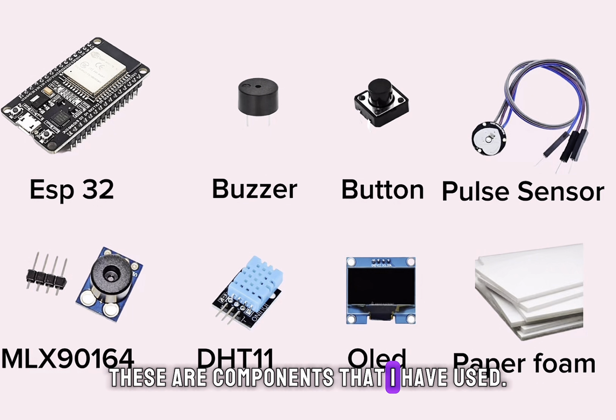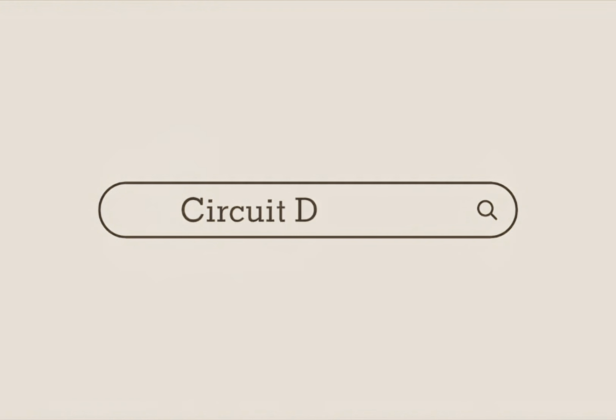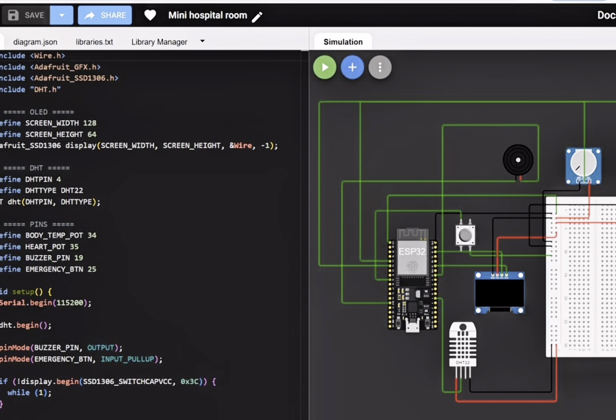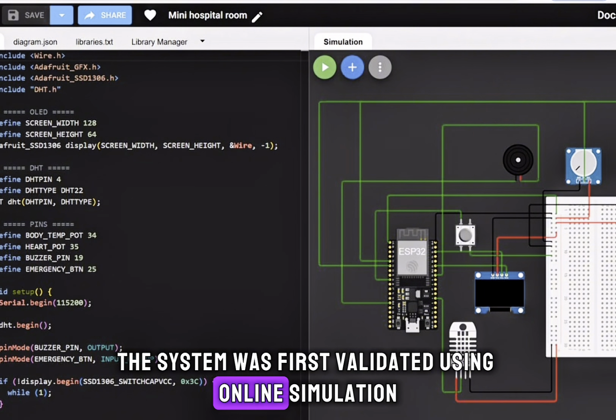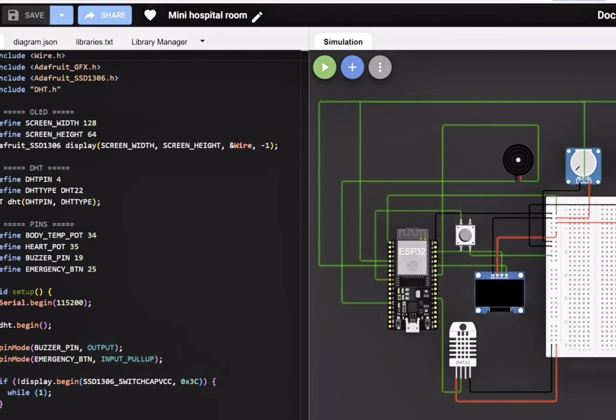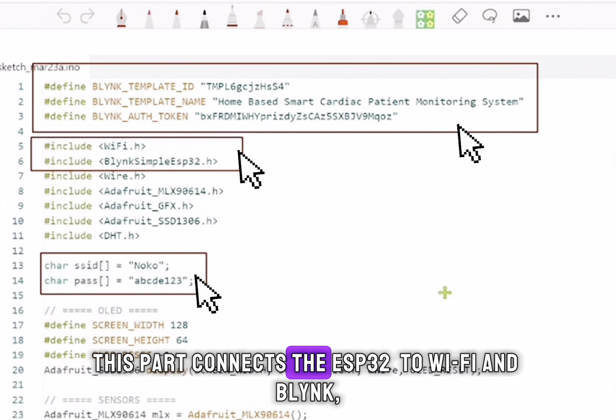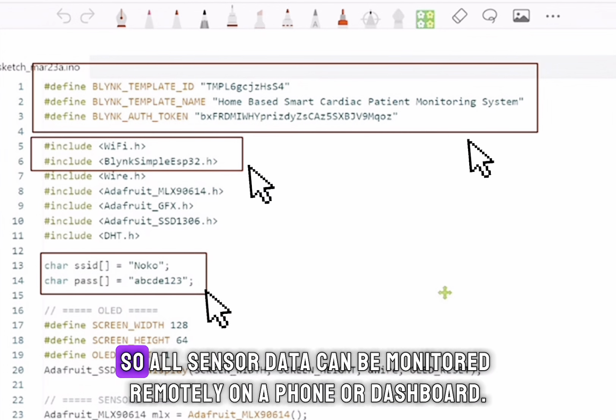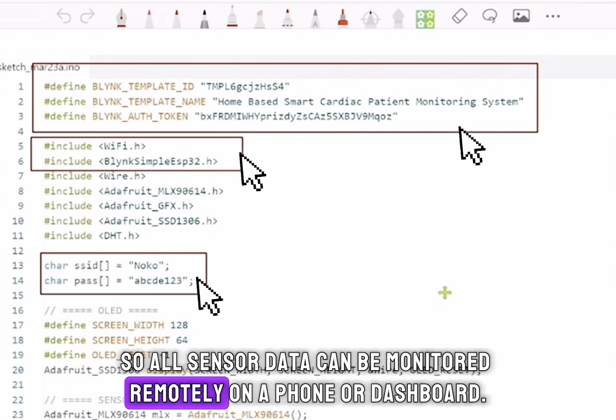These are the components that I have used. The system was first validated using online simulation before hardware implementation. The ESP32 connects to Wi-Fi and Blynk, so all sensor data can be monitored remotely on a phone or